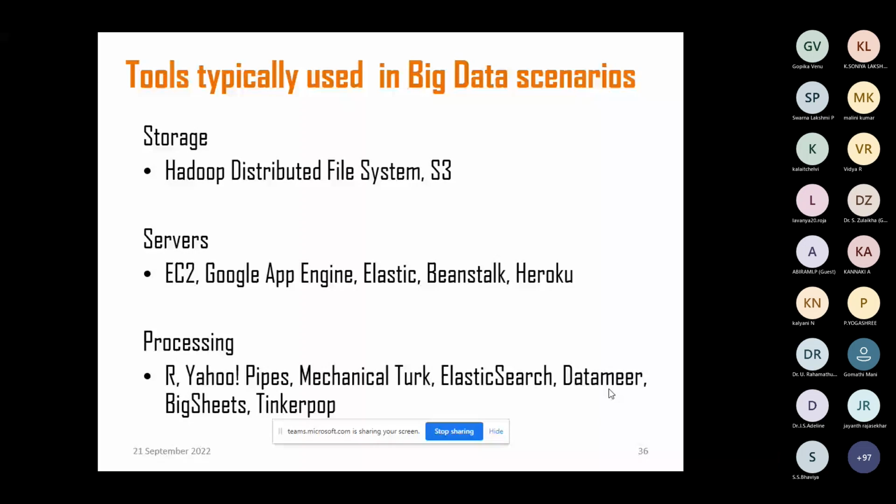And another one is Tinkerpop from Apache. It is a kind of graph computing framework to handle graph databases or graph analytical systems, mostly in warehouse systems, where they adopt this. Wherever graph databases or graph analytical systems are incorporated, this Tinkerpop is being used.